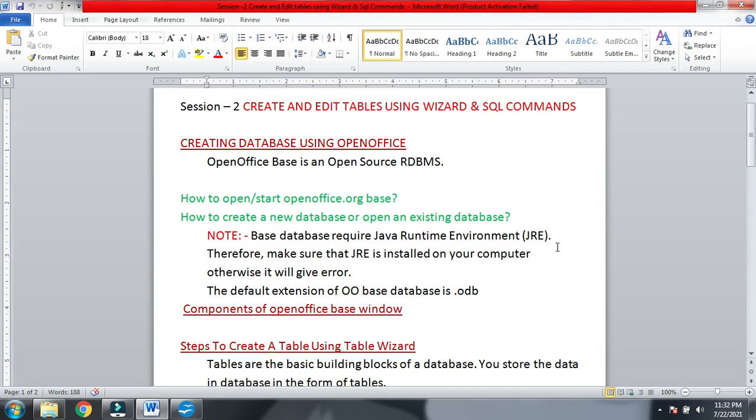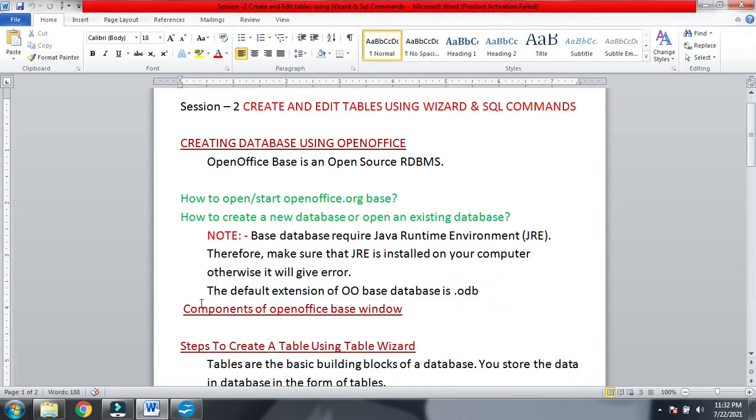So make sure that JRE, Java Runtime Environment, is installed on your computer, otherwise it will give you an error whenever you try to open or create a database, after naming it. So you have to see if JRE is installed on your computer or not. Now whenever you save any Base document, it will be saved with the extension .odb. So by default the extension of an OpenOffice Base database is ODB.